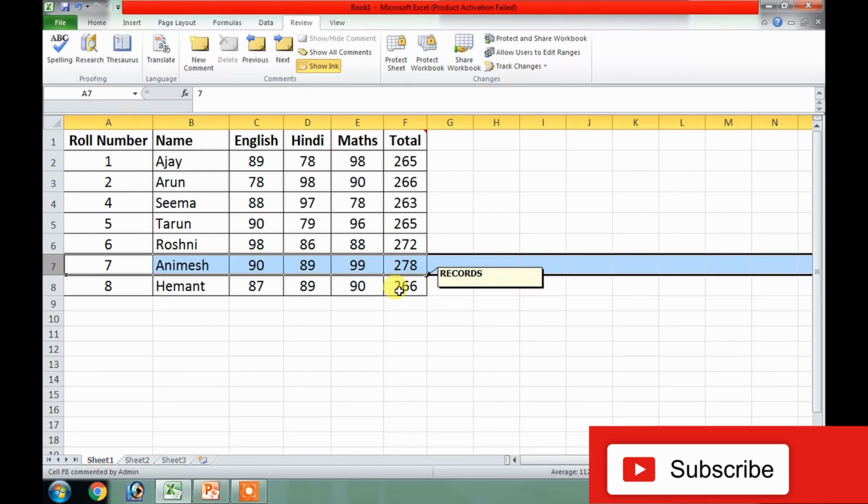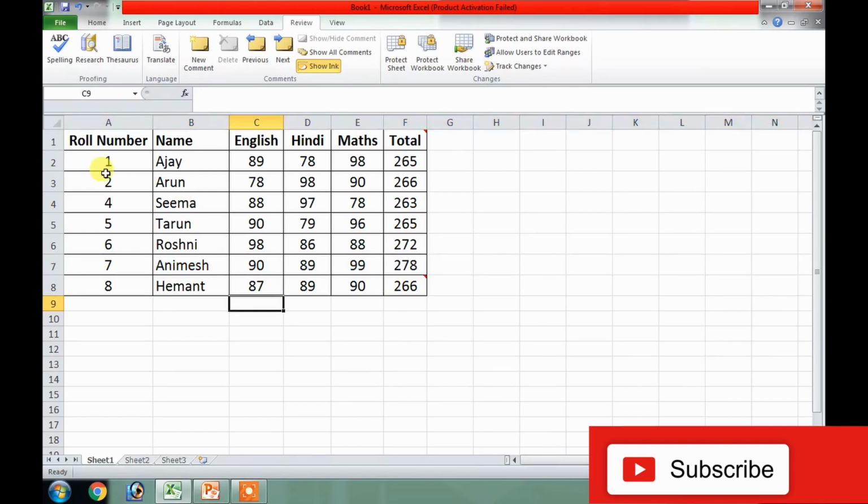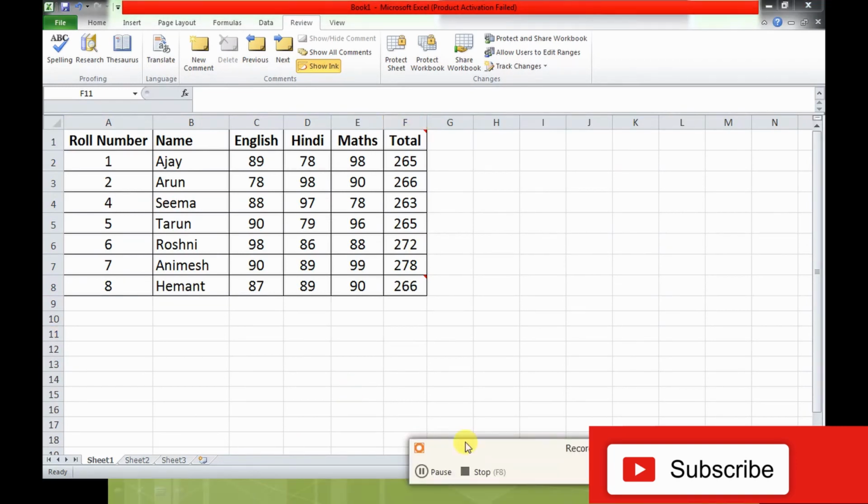So this way we can see how a database is organized in Microsoft Excel tables with the help of row headings, with the help of fields, with the help of entering the values for a particular record, and we can organize data in the form of rows and columns, and simply with the help of Excel features we can further work upon using Excel as a database by doing operations. So in upcoming videos we will understand further about these things. Thank you so much.